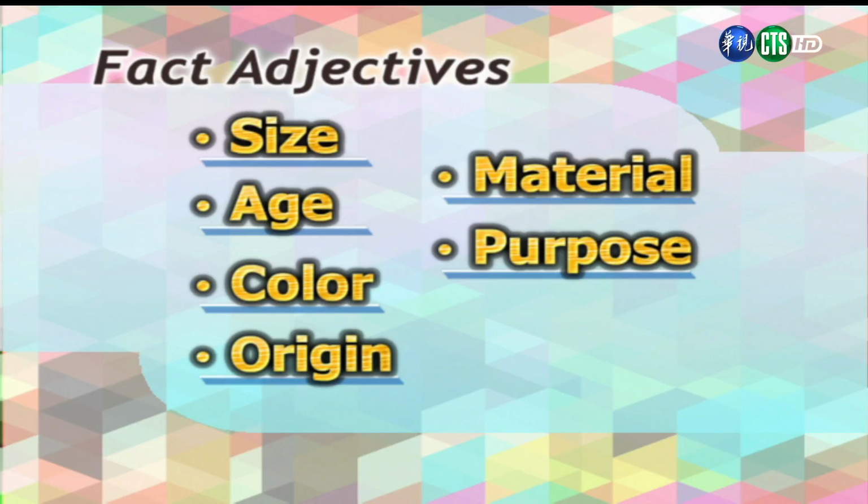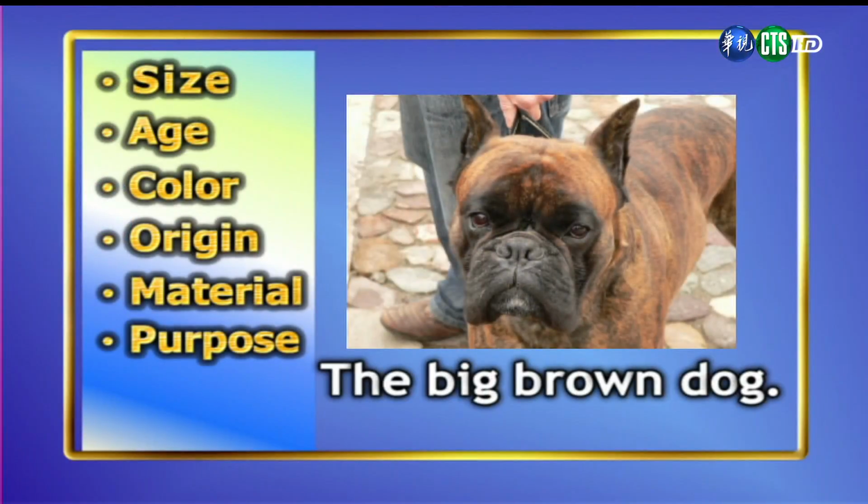And you write these fact adjectives in the same order as we just showed you on the screen. 当你要用多种形容词在同一个句子之中，我们的顺序要跟荧幕上的一样。Now let's go back and talk about the dogs that we looked at earlier. 让我们回去再讨论一下我们之前所看到的那些狗的图片。